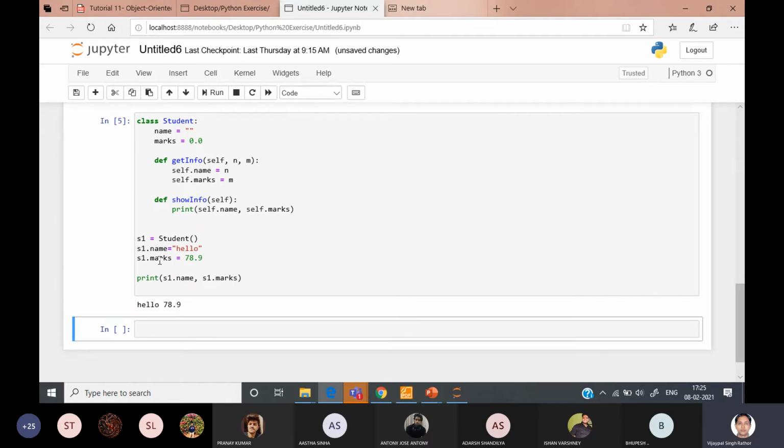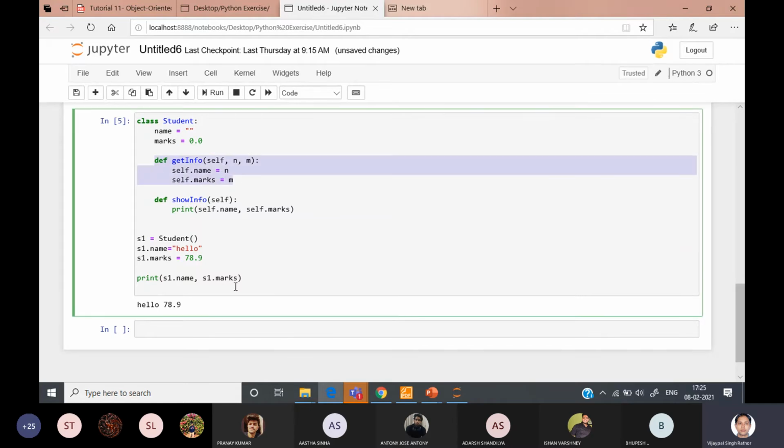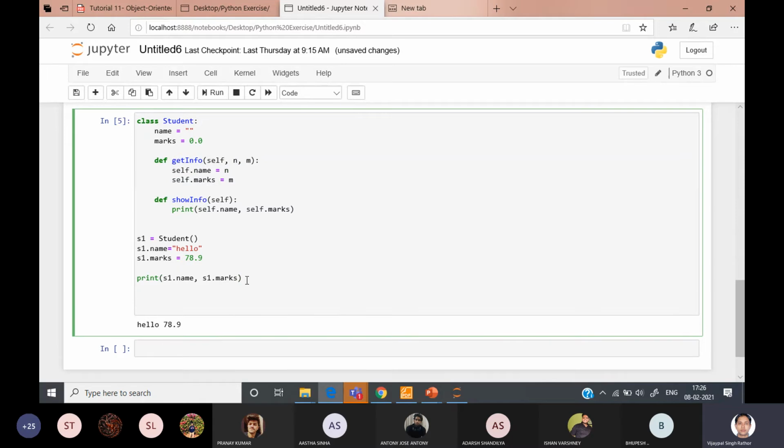So you can see 78.9. These values can also be changed by using this function. You can see I'm calling s1.get_info. I want to pass two arguments inside this function, so I can pass Amit.